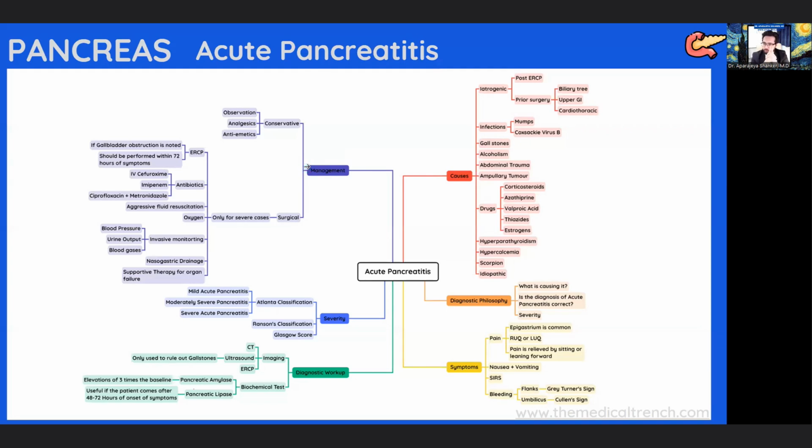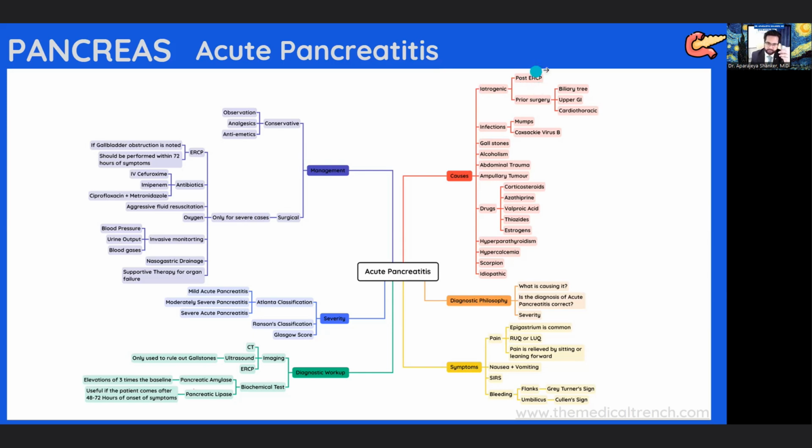So your basic idea with acute pancreatitis is that, okay, if you have a patient with acute pancreatitis, and in your essays, first thing is write down the symptoms. Second, write the causes, which is given up here. And the easiest way to remember the causes is generally "I get smashed", which is I is iatrogenic, which is,